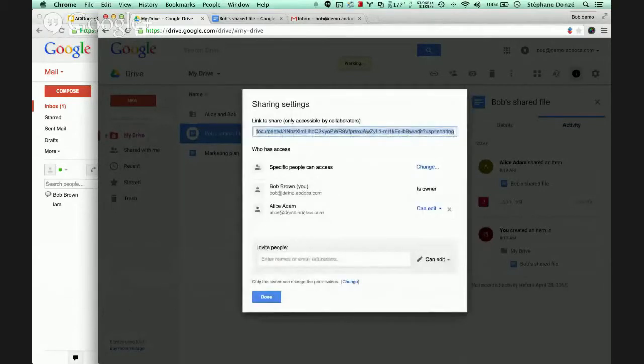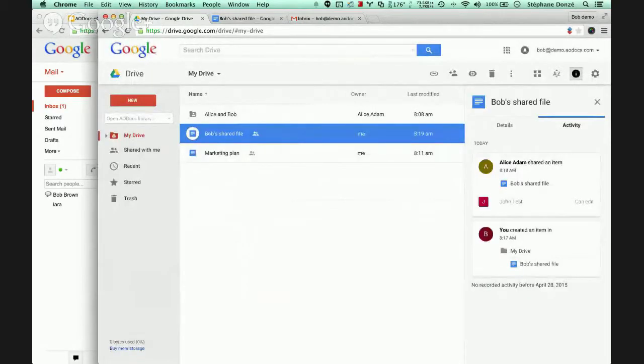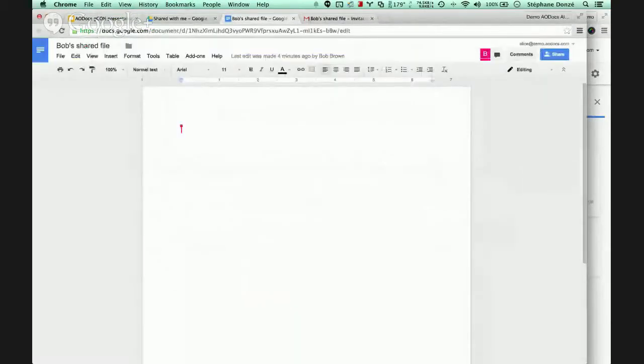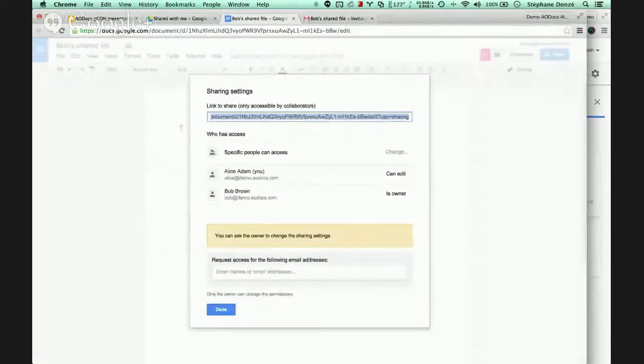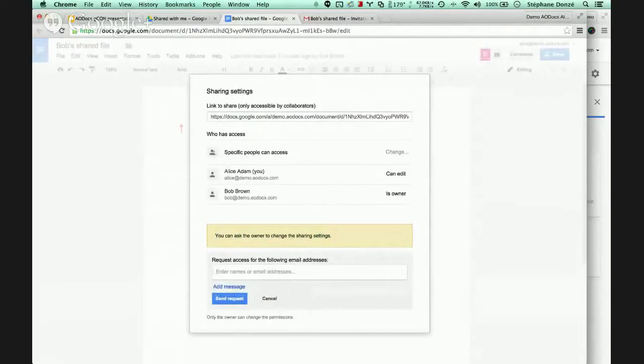So if I do that on my file, Alice still has the permission to modify the document, but she no longer has the possibility to share it with other people. If I go back to Alice again, and this time I'm clicking here on the sharing dialog, you see it says, you can ask the owner to change the sharing settings. I cannot add other people. If I want to add my kitty,